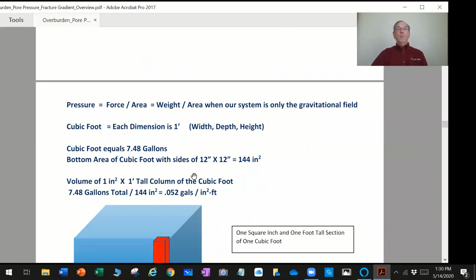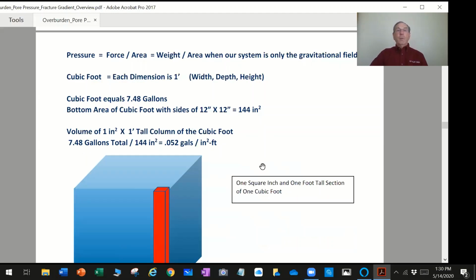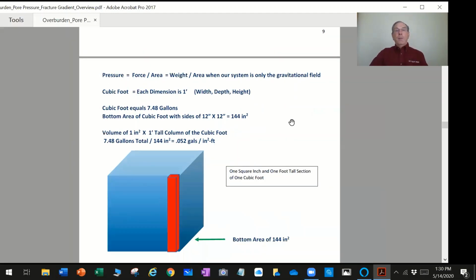Now, as I've said, pressure is equal to force over area. And when we're working in the Earth in a gravitational field, we can also think of it as being weight divided by the area. So I've drawn for illustration purposes here a cube, which is a cubic foot. Each dimension is 1 foot. Its width, depth, and height is 1 foot. And we can measure pressure